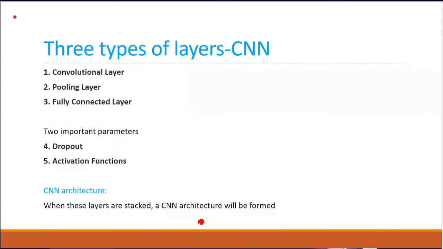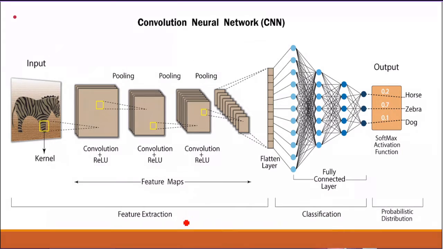So this is a constant position that will be provided, but for the convolution and pooling layers, the initial layer is always a convolution layer and the end layer will be a fully connected layer. Convolution and pooling is a combination you can form such that the layers are stacked and the CNN architecture is formed. We have different CNN architecture models, like predefined trained models such as LeNet, AlexNet, ResNet, Inception. So we'll see them one by one.